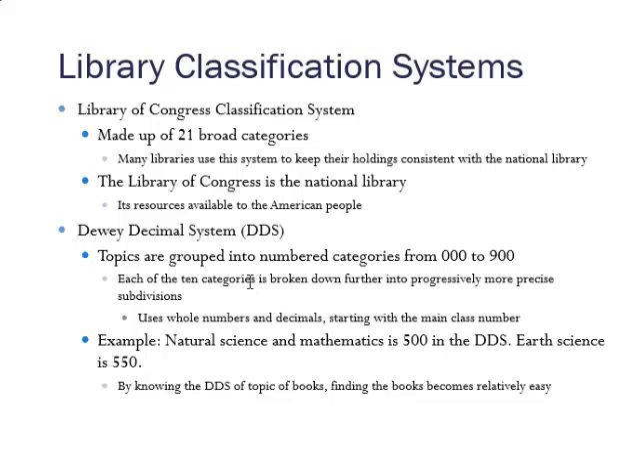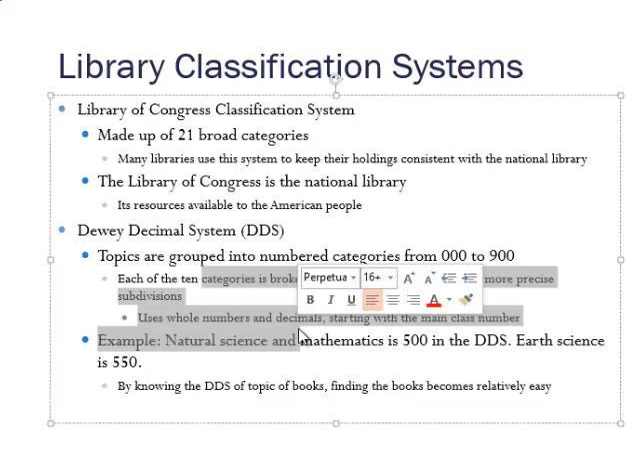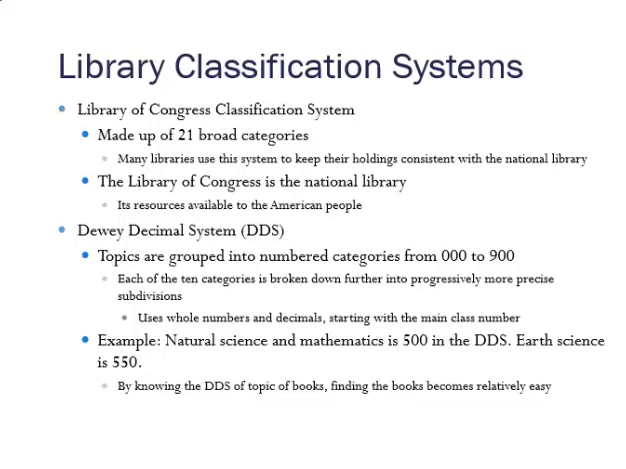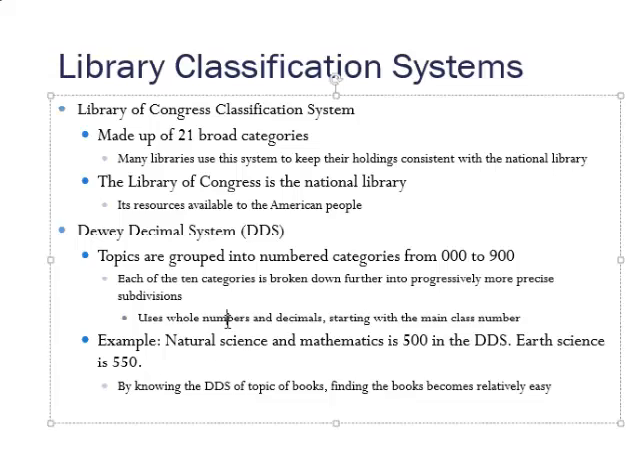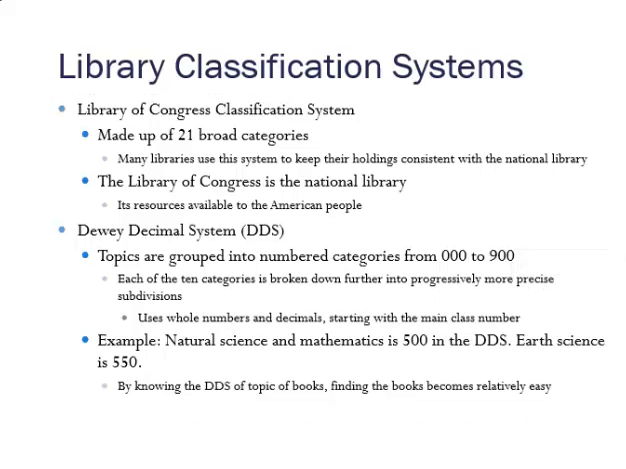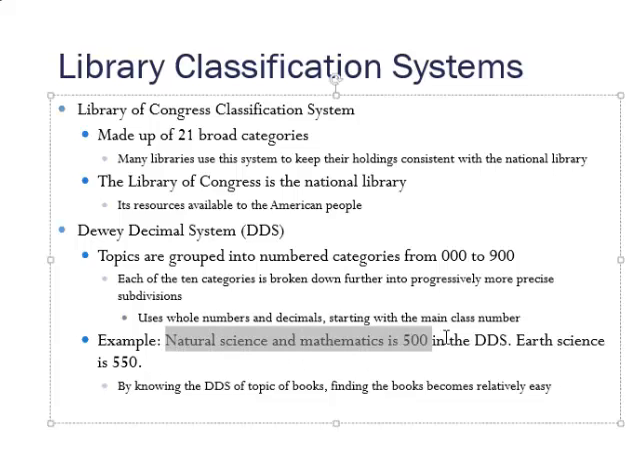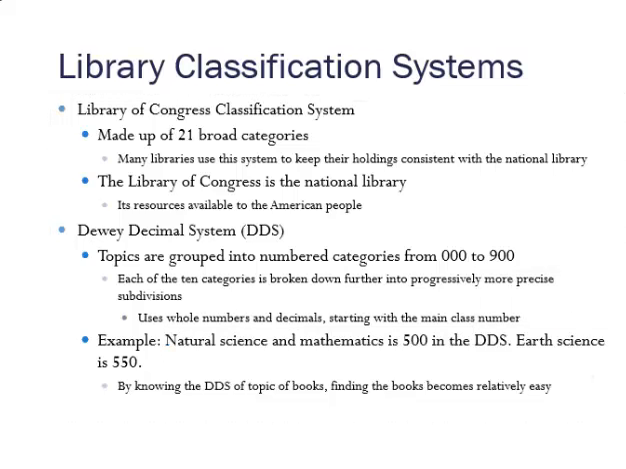1,000. Each of the 10 categories is broken further down into progressively more precise subdivisions. In other words, instead of being 21, there is 10, the 1s and the 2s and the 3s, etc., and that breaks down further. And then whole numbers and decimals are used to classify subcategories and subcategories until you get the actual book. So for example, natural sciences and mathematics are in the 500, and so earth science would be